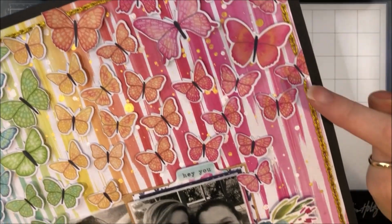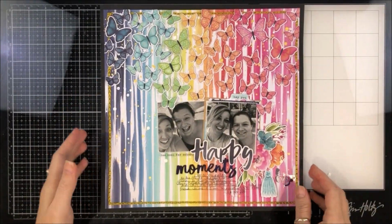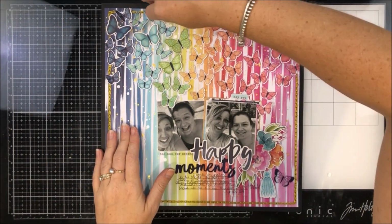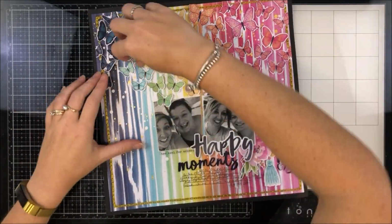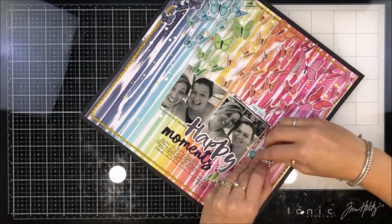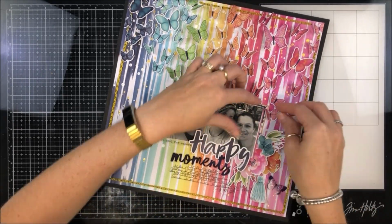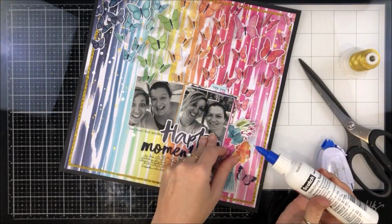I showed you there I was going to do some hand stitching around the border. I have done a chain link stitch with gold thread. Quick tips: if you are going to hand stitch with gold thread, I highly recommend kind of pulling the 6 strands apart so that they're not twisted together. It makes it much easier. And I've found too that working with a shorter strand rather than what I would normally work with worked a